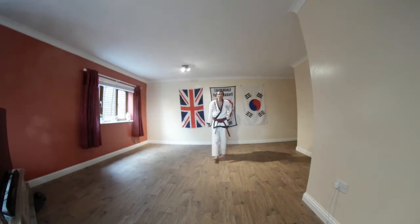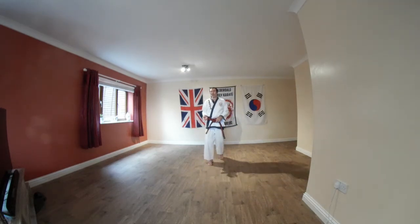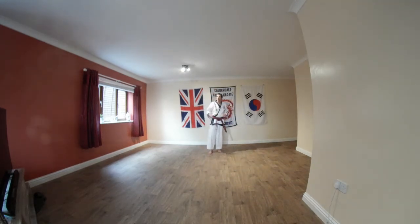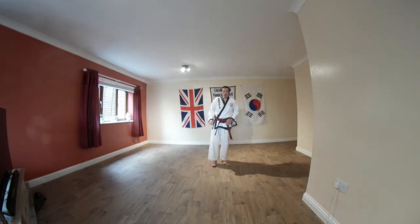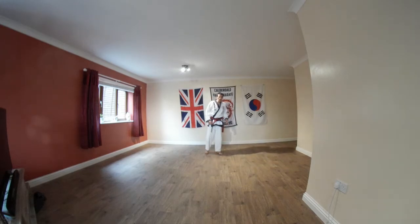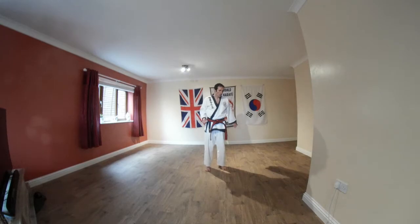Okay, so we're around about 50% of the way through the Hyung now, so we're going to cover this section of the form all the way through to that point there. We just did that second knife arm block. Now, remember there's a couple of movements there where we are circling the arms here, okay,